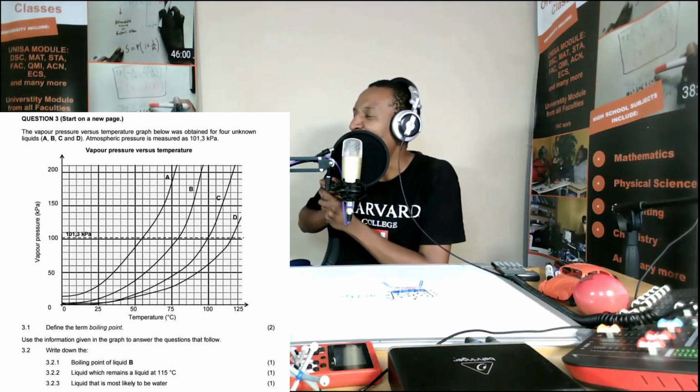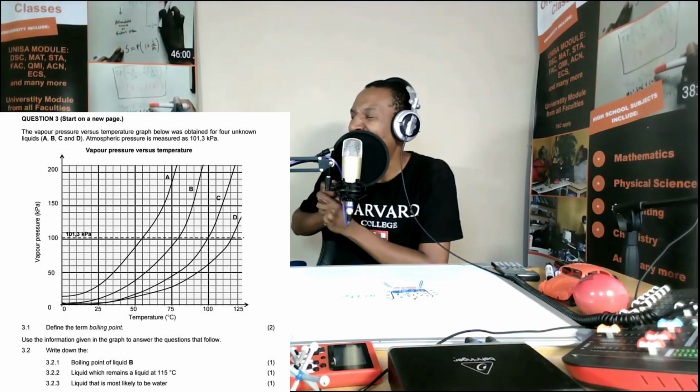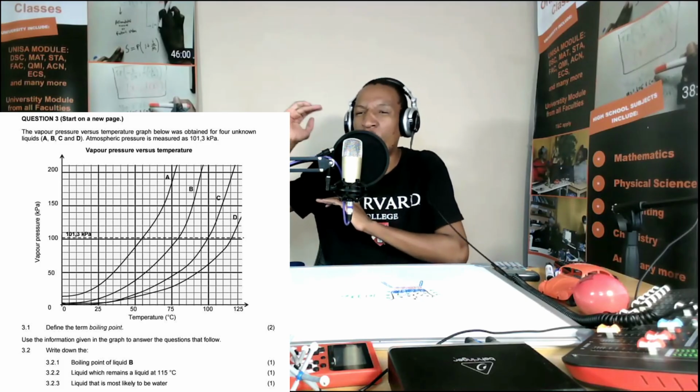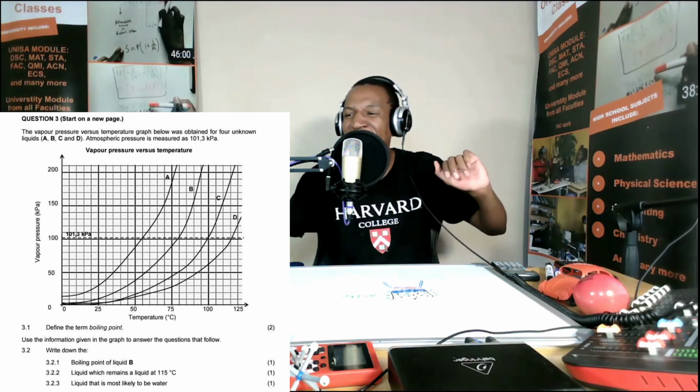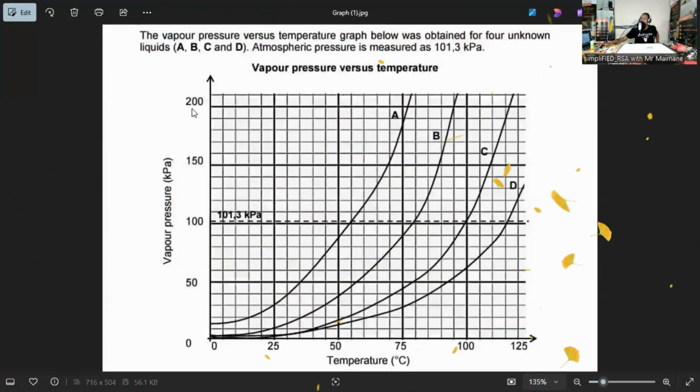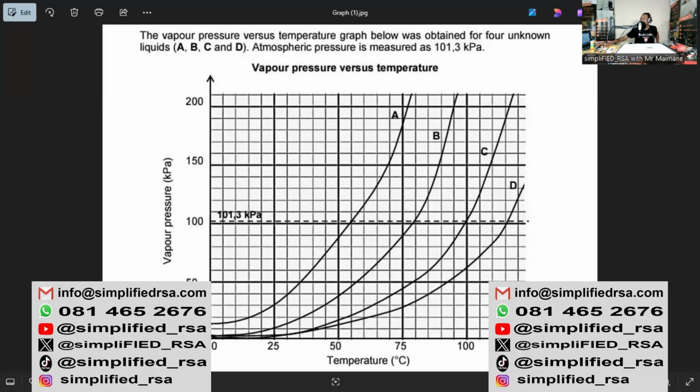3.2.2, we have to analyze the graph again to tell which liquid remains a liquid at 115 degrees Celsius. So the liquid which hasn't boiled when we get to 115 degrees Celsius. Again, let's look at our graph. Looking at our graph, one can tell that it's 100 here, 105 is here, 110, then 115 we are looking at here. Now we want to know which liquid is still a liquid at this temperature. Now going up,